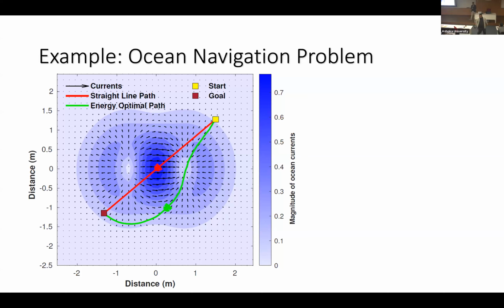line. It could actually involve a little bit of curving going around. Essentially, you could say riding the currents so that it reaches the goal quicker or with less energy, right? So this is an example of an optimization problem. And the optimum value is this energy optimal path, the green one, while you could say that the straight line path is your analytical solution ignoring the ocean currents, right? If you ignore the ocean currents, then that is your analytical solution,